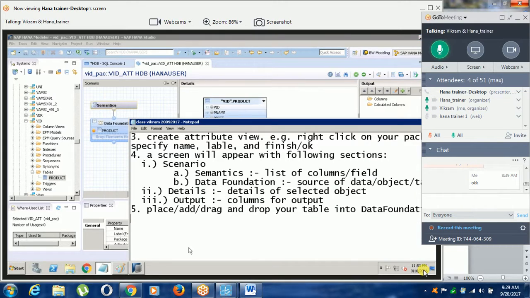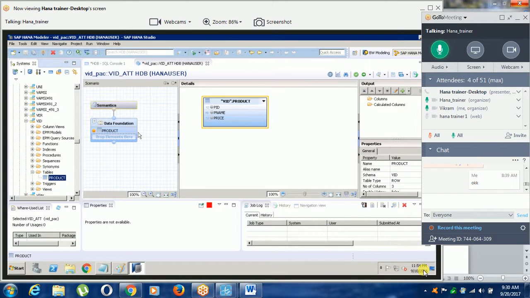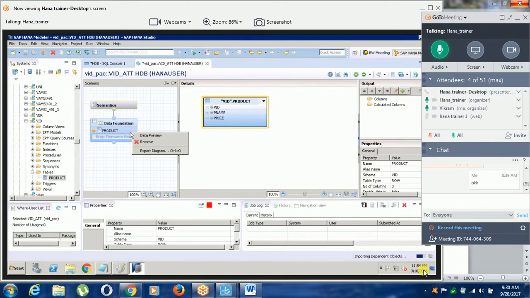If I want to remove that table, just right click and remove. If I want to make any change, I need to make changes in the table itself. If you change the physical table, it will refresh automatically. Here we cannot change it because it is a view of the physical table. Here there is no physical table.